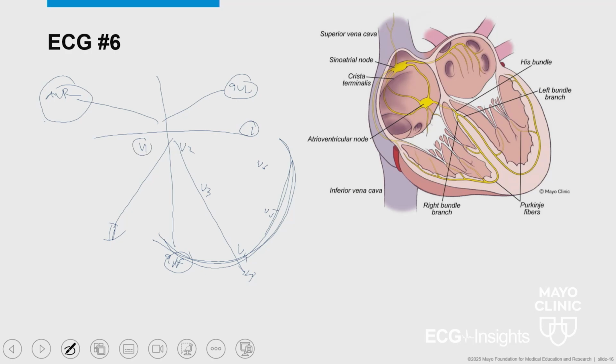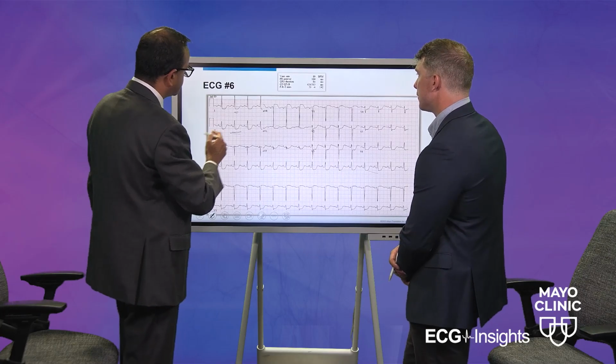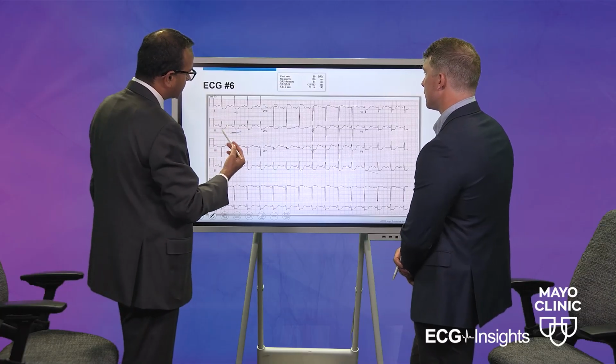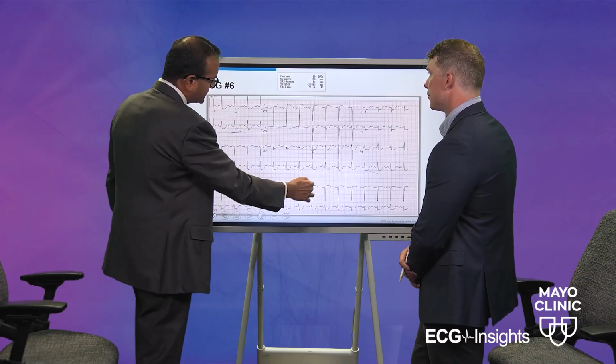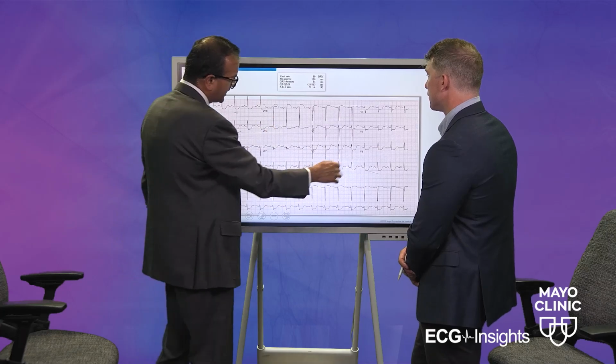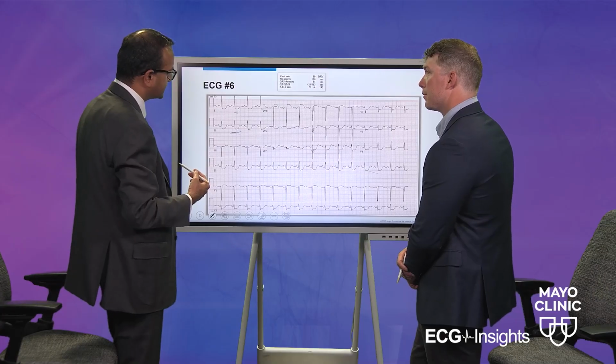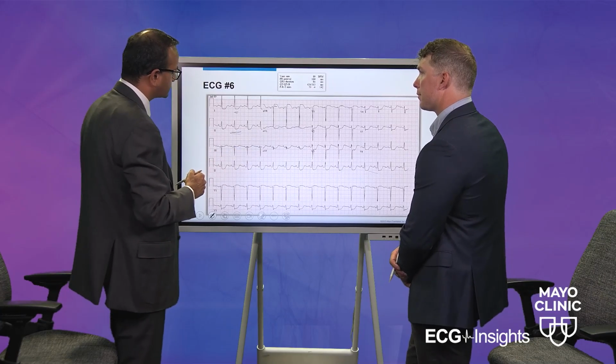And you can also pick it up a little bit on V1, but basically AVR, which is higher, gives you a more global picture of this whole LV apical apex type location. And it is exactly opposite to what the information here is showing you. Everything is depressed here, so just this one lead will be elevated. If you go back to that ECG, you can clearly see AVR has ST segment elevation. So if you have AVR ST segment elevation and everywhere else it's depressed, mostly the leads opposite to the AVR on the left side, then that is going to be consistent with the reciprocal changes because of significant ischemia going to the rest of the ventricle.